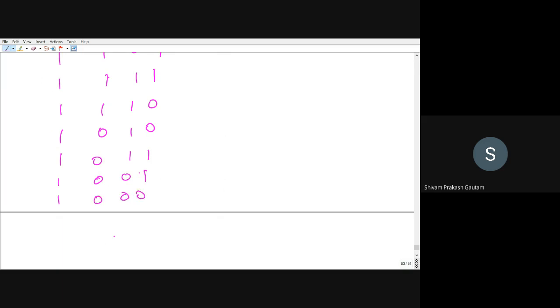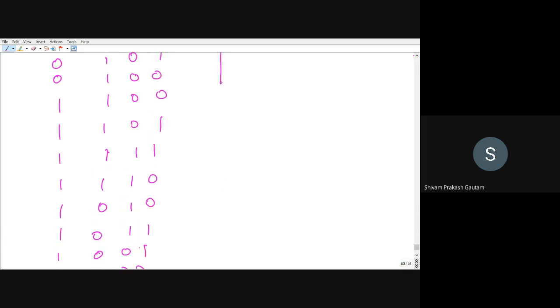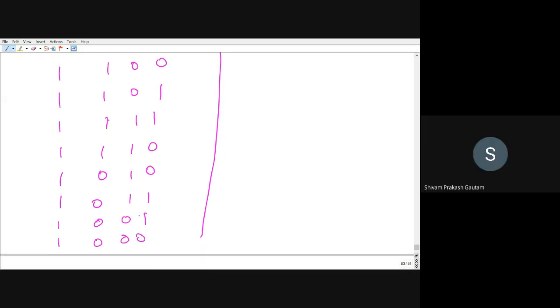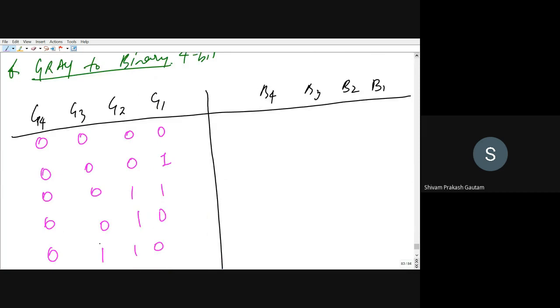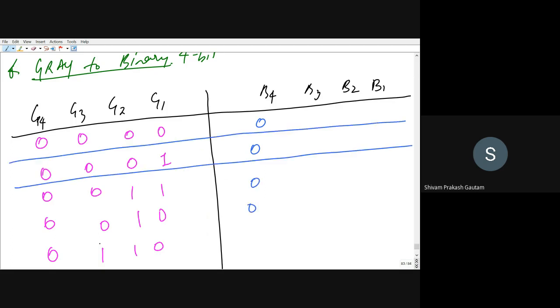Is it okay? This gray code? Yes, sir. Now correspondingly you have to fill the binary. For binary I have told you how you can build. So let me again follow that step. 8 places will be 0. So let me draw this so that there will be no mistake.